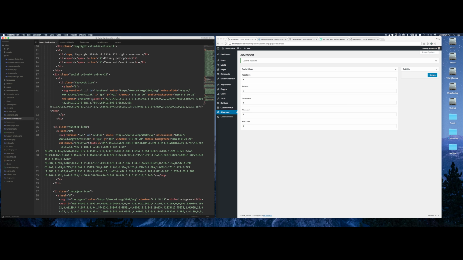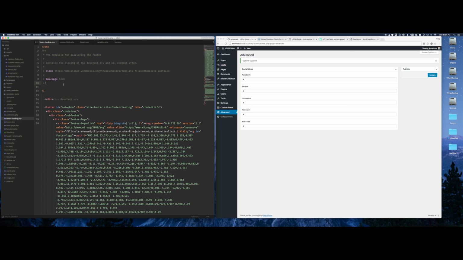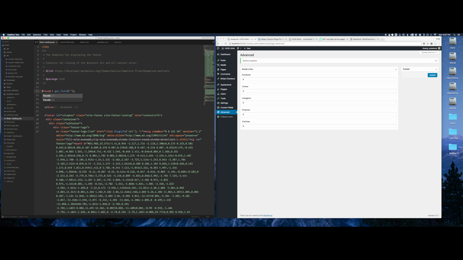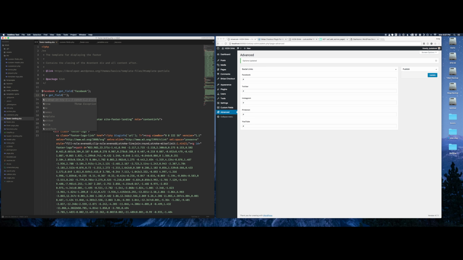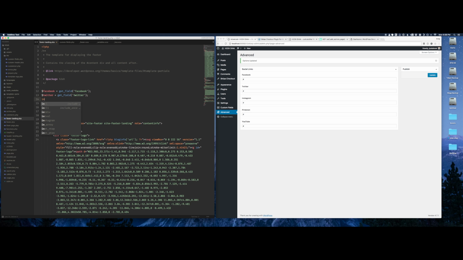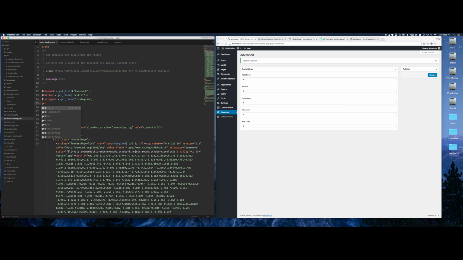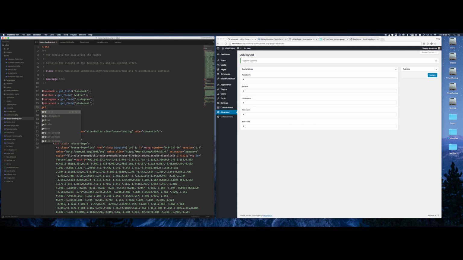So to update that, I'm going to just grab the variables and do my handy snippet here just to call Facebook, and Twitter, all right, and Instagram, we have Pinterest, field, YouTube, and they're all lowercase because that's the way they were named. So now that we have these, we can go ahead and use them